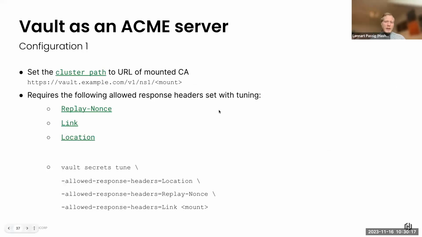So, configuration part 1. We will do it ourselves in the hands-on lab, but just so that you can see it: first we need to set the cluster path, meaning we need to say where we mount the whole thing. And then we tune the PKI a little bit, where we say, please tune with these specific measures in order to allow ACME to work. Otherwise, if we do not tune this secret engine, then it won't work. So this is the first configuration piece that we need to do.